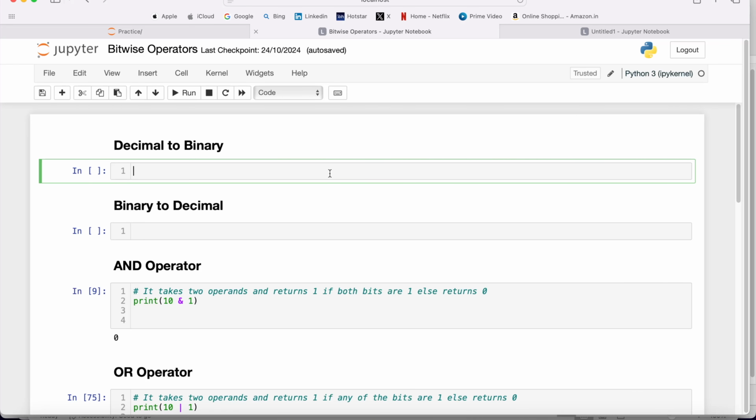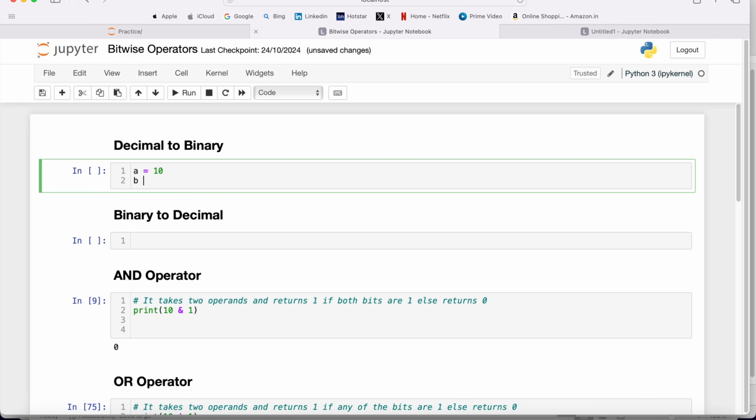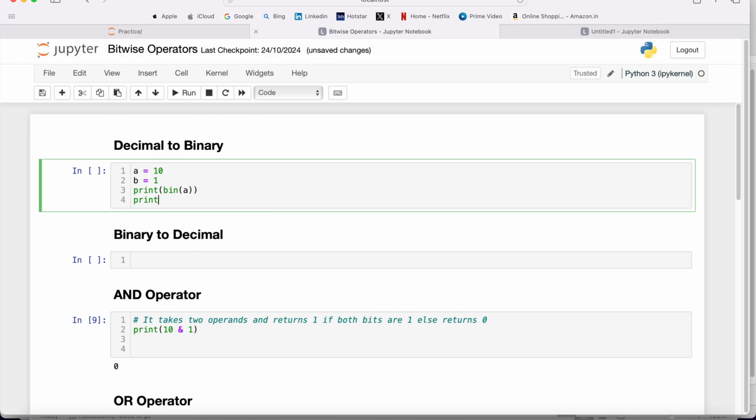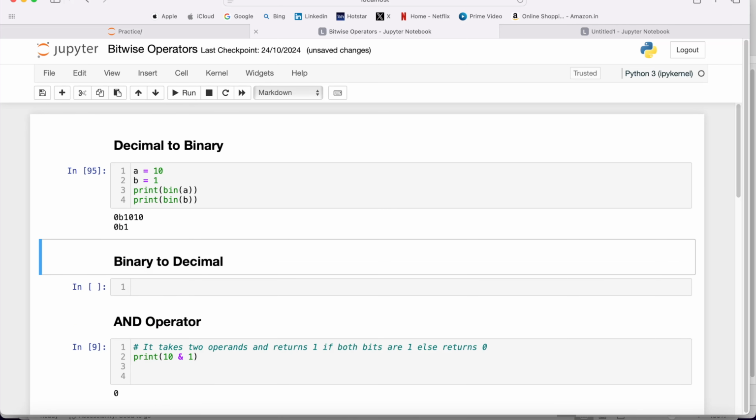First of all, I am going to show you how you can convert a decimal into a binary. Let us say we have got a number 10, A, and another number 1, B. So we can write: print bin for binary, and I can put here A. Similarly, I can write print bin B, and then it is going to give me the output. So the 0b that you see on the left hand side